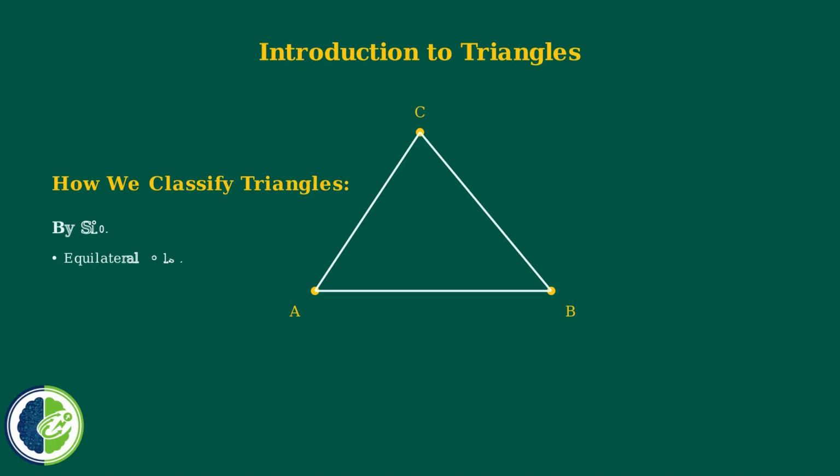Triangles can be classified in 2 main ways. We can group them by their sides, looking at whether the sides are equal or different lengths. We can also group them by their angles, checking if they're sharp, right, or wide angles. In the following sections, we'll explore each of these triangle types in detail. You'll learn to identify them like a pro and understand what makes each type special and useful in the real